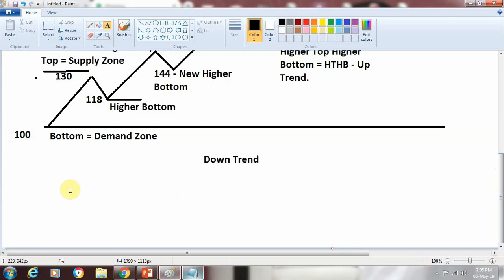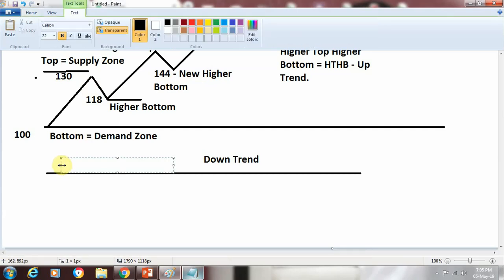So there would be a supply zone at the top. We know that this is nothing but a top or a supply zone, and say it's around